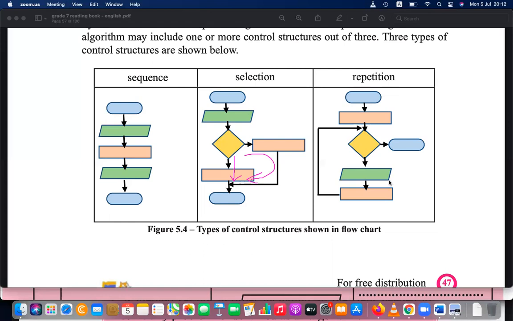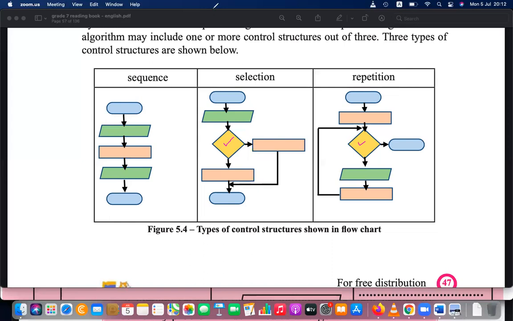Okay. Then the last one is repetition, repeating. Repetition වලයි මේ දෙකේම symbol එක එකයි. ඔන්න උතන තමයි ඔයගොල්ලෝ පටලවා ගන්න පුළුවන්. Here this selection symbol is similar to the repetition symbol. Both are the same. Actually both are decisions. That's why both are decisions. Decision symbol එක එකයි. So this is the same as this one.